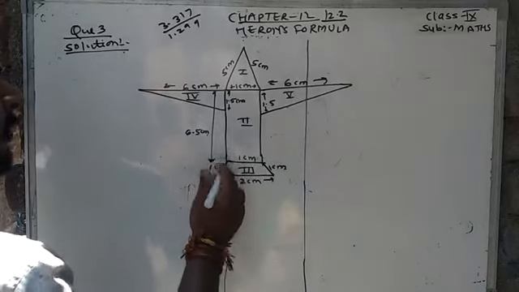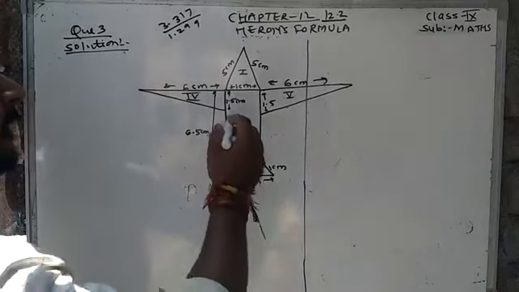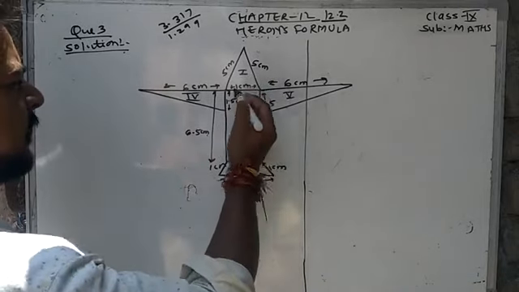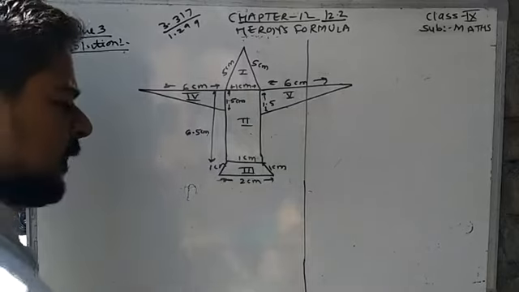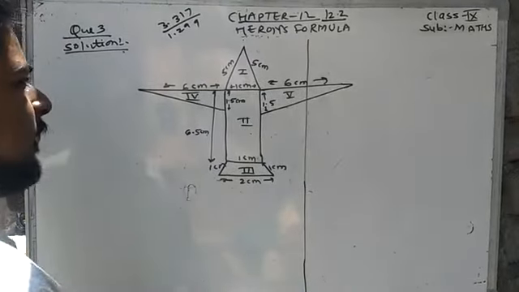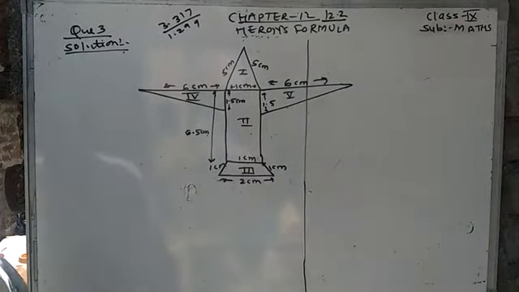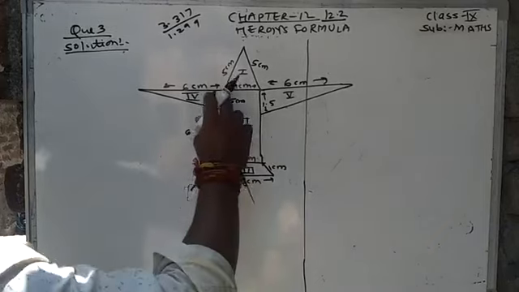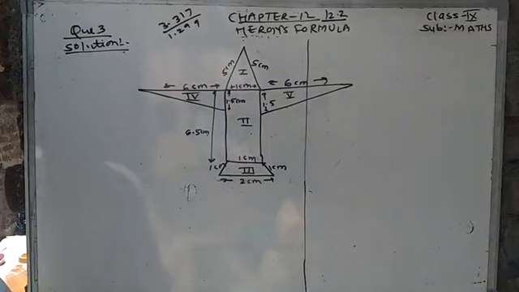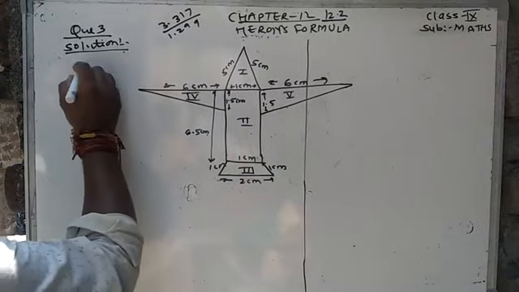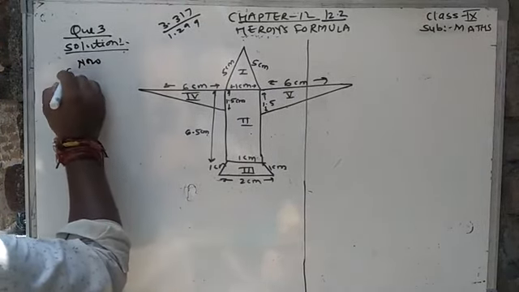So basically, we have to find the area of the whole figure. There are five parts given in it. The first part is an isosceles triangle, and we have to calculate the total area of paper which is used to make this aeroplane. Now, for the first part.